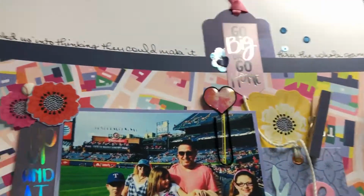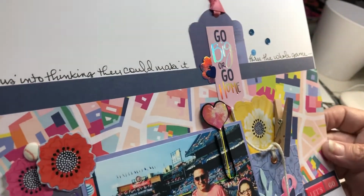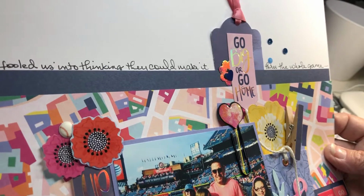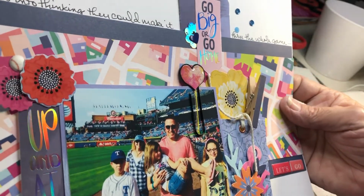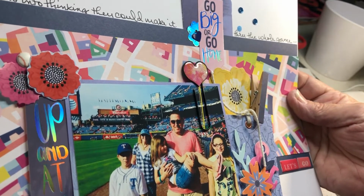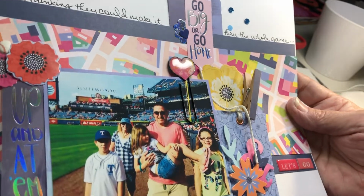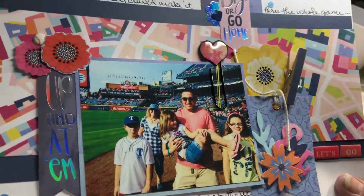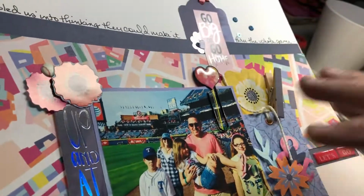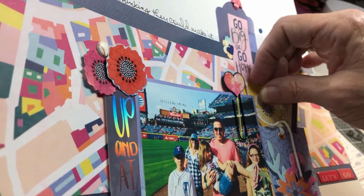And maybe this clothespin might have been something I picked up on the giveaway table. But this was, the prompt there was to tell a story that had a different ending than what you expected. And this was when we took the whole family to a baseball game to honor our friend's mom, who was active in